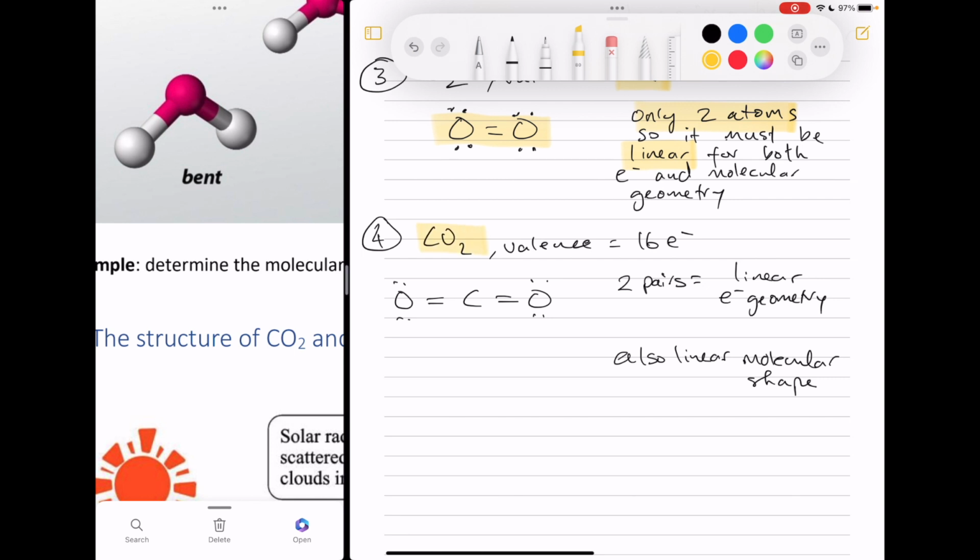Lastly, carbon dioxide, that's an important molecule, right? 16 valence electrons. When you draw it out as a Lewis structure, it will end up looking like this. The atom of interest is the carbon. That's your central atom. So here, this is where we talked about effective pairs earlier. We have 2 effective pairs. 1 pair right here, 1 pair right here. Again, double, single, or triple bonds are all counted as 1 effective pair. 2 effective pairs means a linear electron geometry. Anytime you have a linear electron geometry, you have to have a linear molecular shape. There's no other choice. So therefore, carbon dioxide has a linear shape.